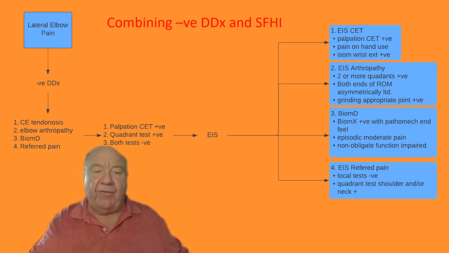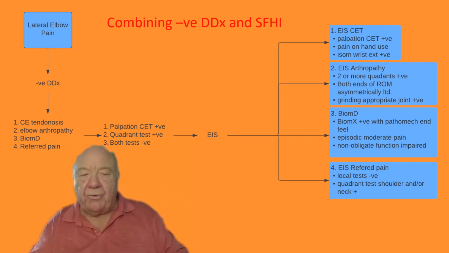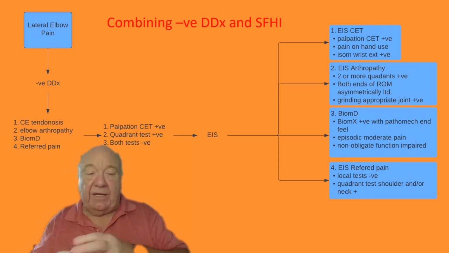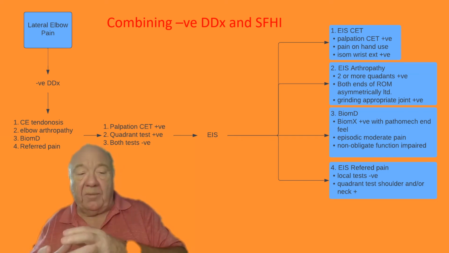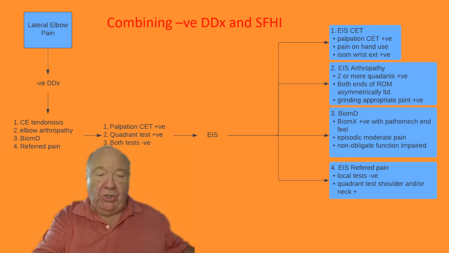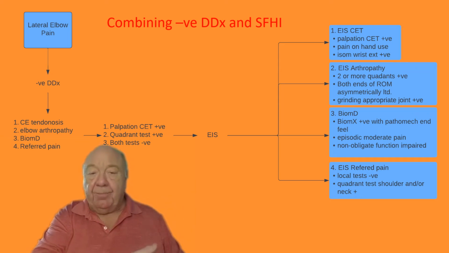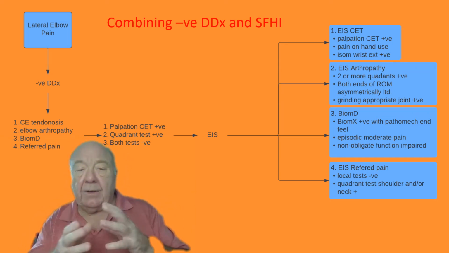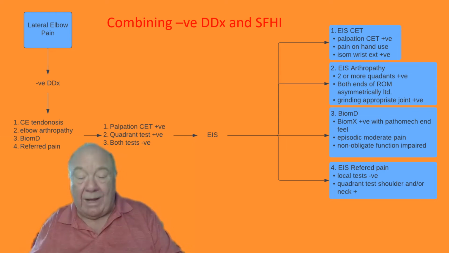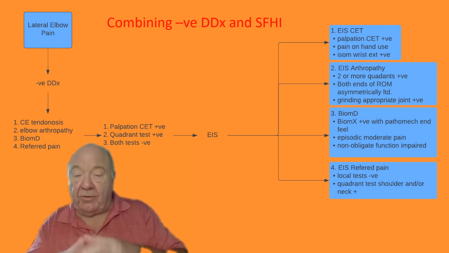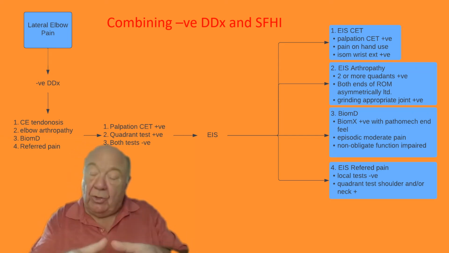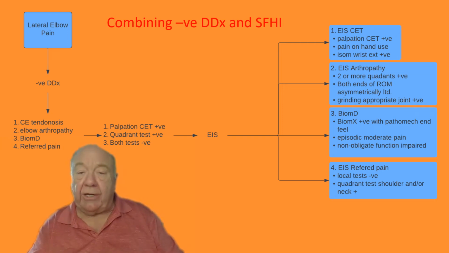And then for referred pain, palpation, quadrant testing will all be negative. Your isometric tests will be negative there. All local testing will be negative, and you'll find signs and symptoms in either the shoulder or the neck in this area. So what you're left with is probably only one of these differentials still standing at the end of this. So if you look at the EIS for that, which we now use to attack that differential diagnosis, if you